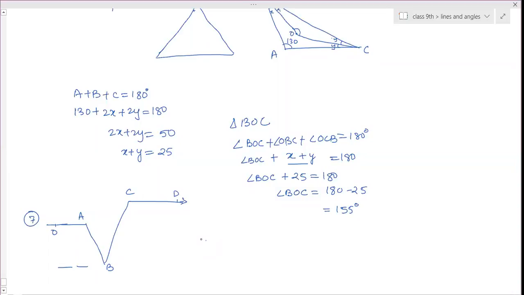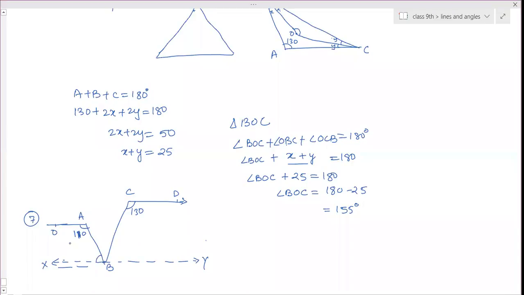Ma'am, can I say? Yes, Ganesh? Ma'am, first we have to draw a line from the point B. Yes, ma'am. You can name it XY. Ma'am, you have to draw the angles from there, 130 and 110. This is 110 and this is 130. Ma'am, angle OAB plus angle XBA is equal to 180 degree, co-interior angle.